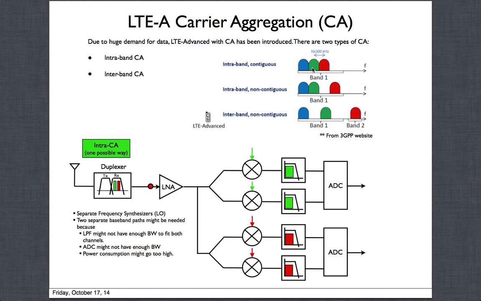This is an example where I took a picture from the 3GPP website. They have this explaining it. So we have this case called intraband contiguous. Think of three of these guys. You have one channel where you have data coded here, which is blue. Next to it is green, and there is red. Let's say they are all together, contiguous, and they are all inside a particular band. Let's say this is the most popular band, band 1. Then it becomes intraband, since they are all inside a particular band.